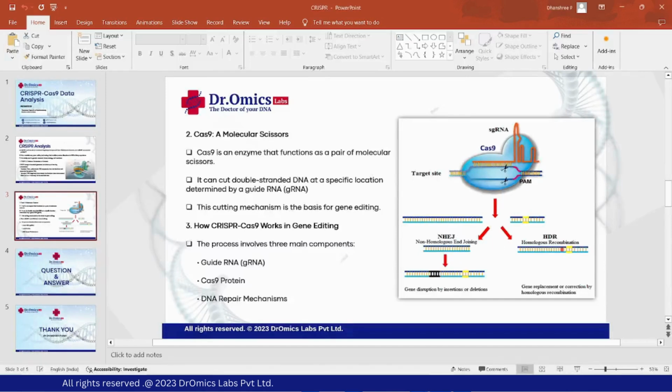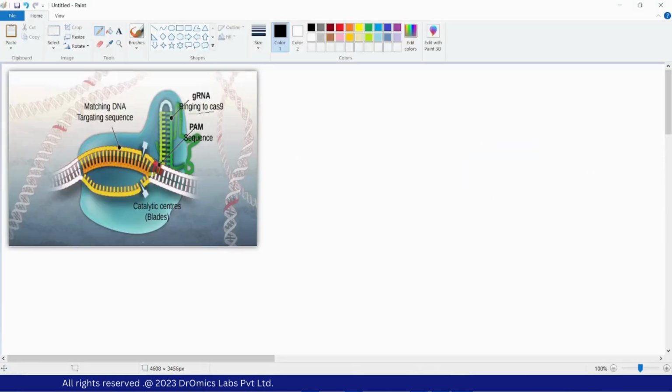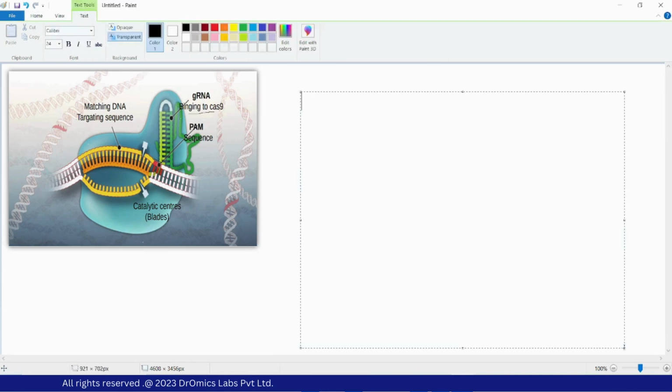For that, we need to follow some steps, some pipeline. We need to perform sequencing of the DNA, and once the sequencing is done, we need to check the quality. We perform quality control, and for that we are going to use